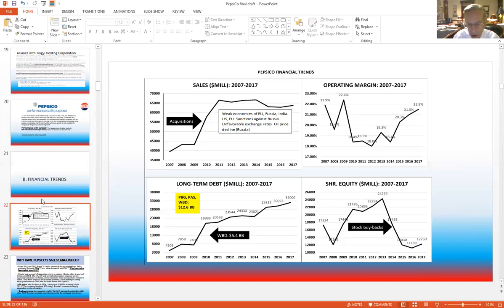However, you can see in the lower left-hand panel that PepsiCo's long-term debt has gone up quite steadily. Just to purchase PepsiCo bottlers, PepsiCo Americas, which was another bottler, and Wimm-Bill-Dann, you're looking at $12.5 billion in 1 year. And Wimm-Bill-Dann was $5.5 billion of that. Nevertheless, things went pretty well. PepsiCo generates a lot of cash, and